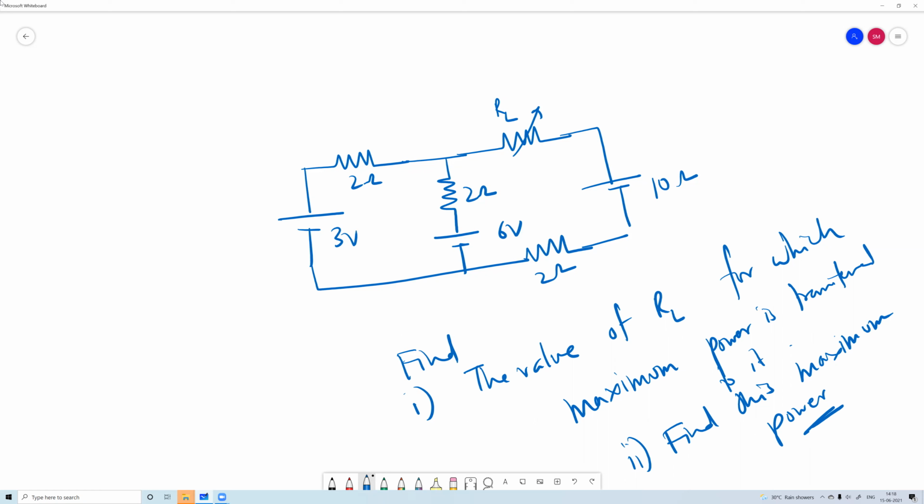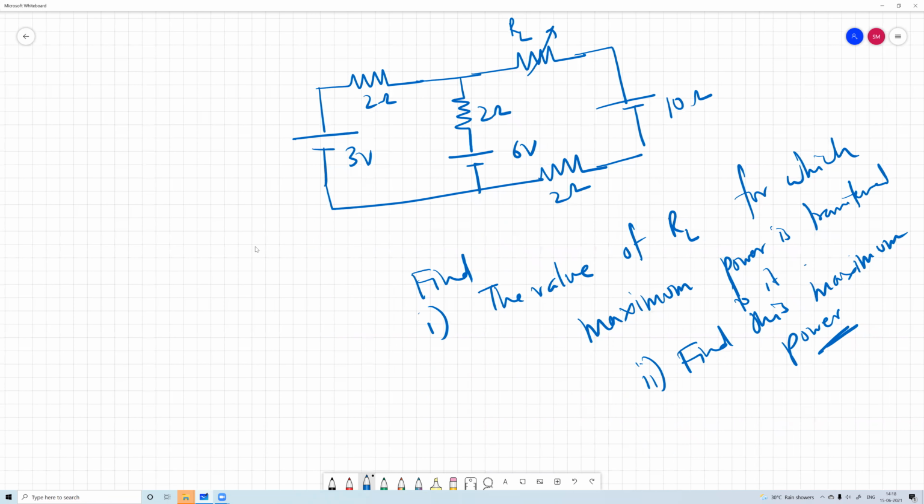Sir, we have to convert the circuit to the circuit we used in the proof. Yes, absolutely. And how will you do it? Using Thevenin's theorem. Norton's theorem, sorry. Thevenin's theorem. Yes, we will use Thevenin's theorem here. Absolutely. Well done. Very good. So we will find out the Thevenin's equivalent of the circuit, keeping this as RL.